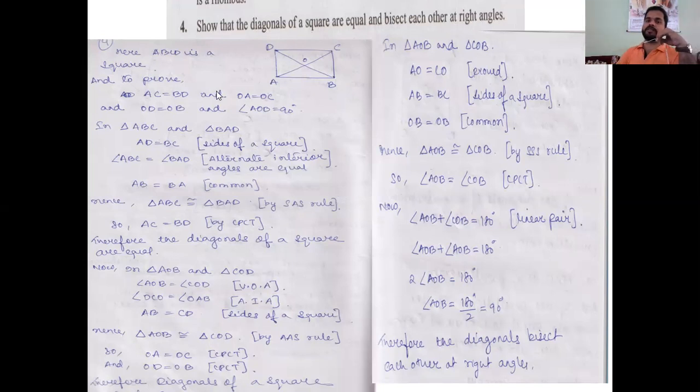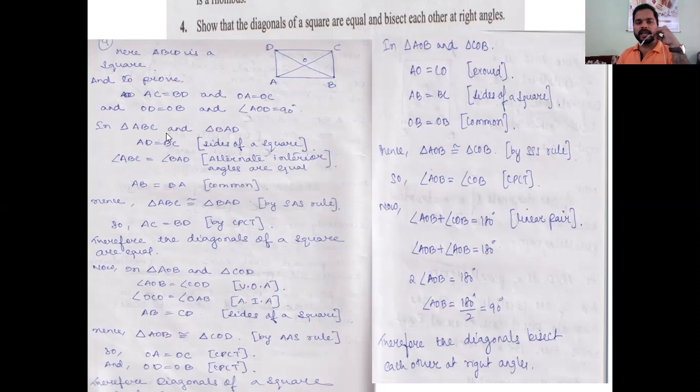So first, moving on to the first, that is, the diagonals of a square are equal. For that, we will make a square ABCD. We will make the diagonals AC and BD. I have to show that AC is equal to BD. Just think, if I have to show that AC is equal to BD, then which two triangles do I have to consider? Obviously, I have to consider ABC and then BAD. Those two triangles, where you will get AC and BD. You can take some different ones also, no problem.